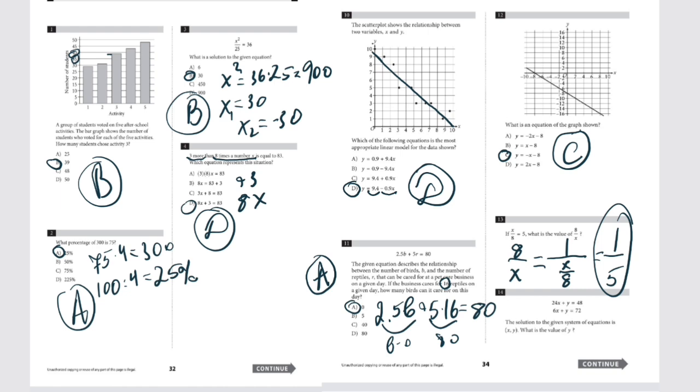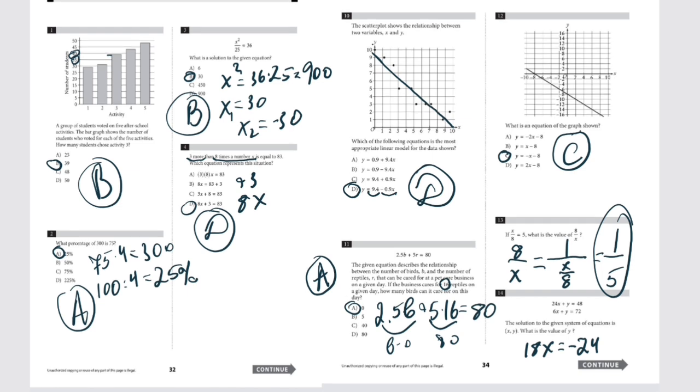The solution to the given system of equations is x, y. What is the value of y? Firstly, we can subtract the second equation from the first one, and in the end we get 18x is equal to negative 24, and it means that x is equal to minus 4 divided by 3. Let's keep that in mind, and we will just use this. For instance, in this equation we can just write like this: